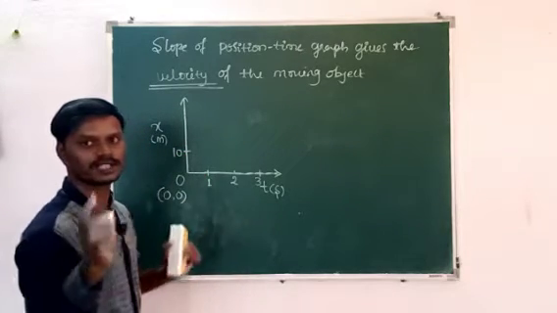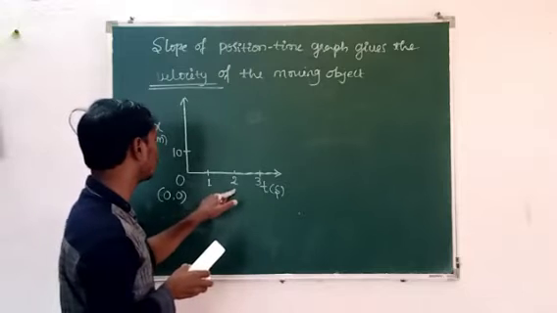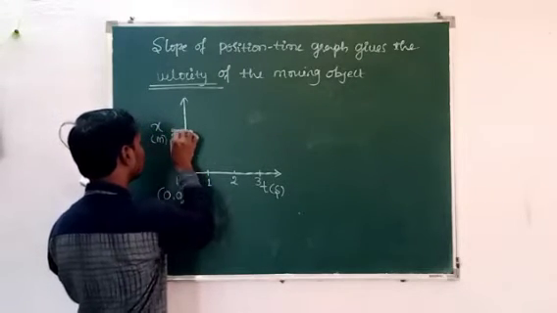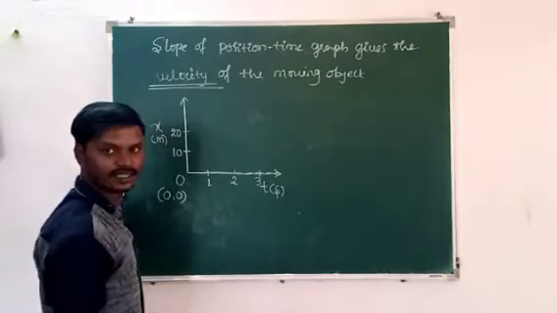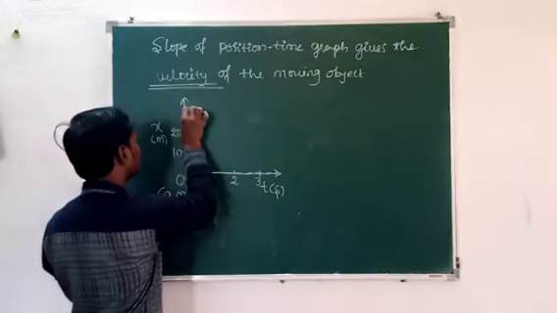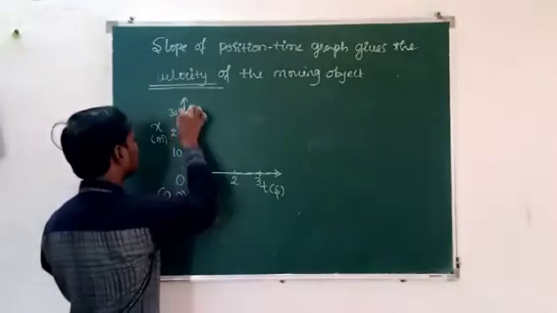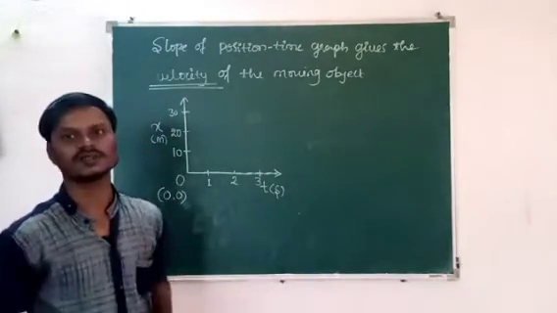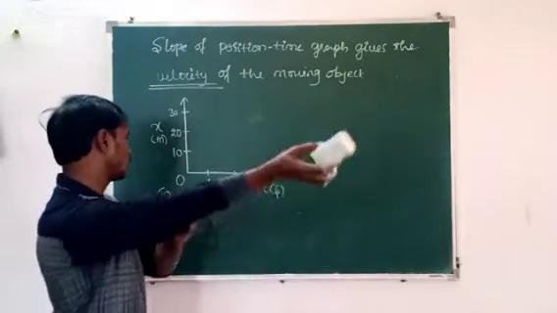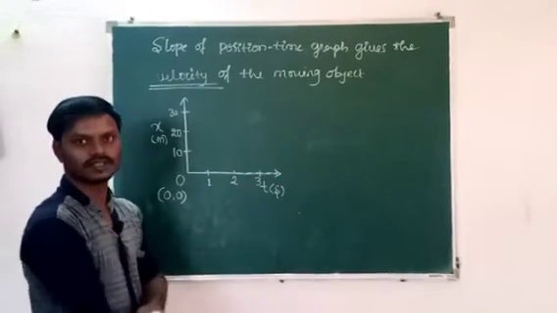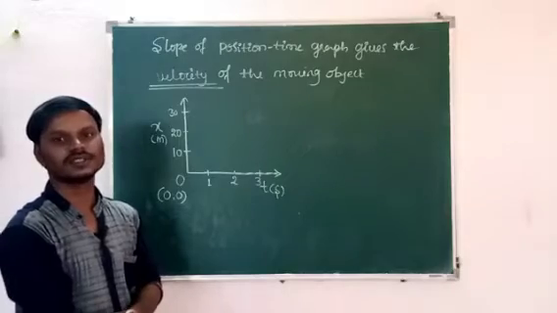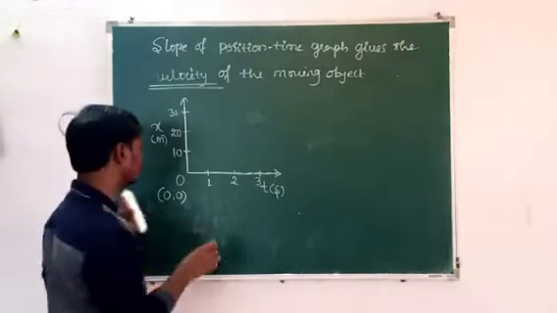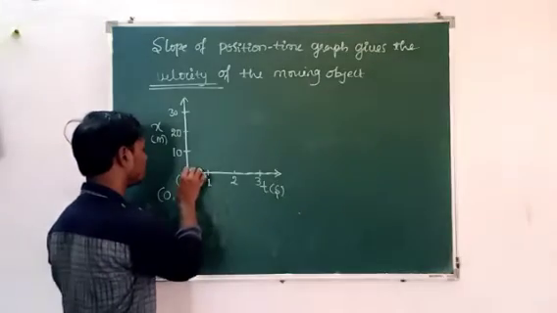Then at the 2 second, means at the time 2 second, what is the position of the object? That is 20 meter. Then at the time 3 second, what is the position of the object? That is 30 meter. Then here difference is 10, 10, 10, means equal displacements in equal intervals of time. So let us consider from that example, at the 0 second, where is the object? Object is at origin, means x coordinate is 0, means the position of the object is 0.